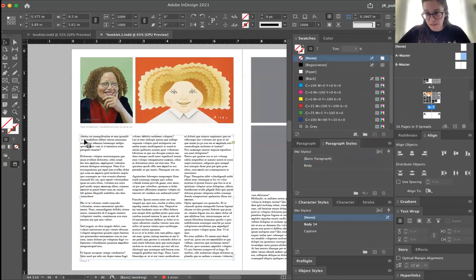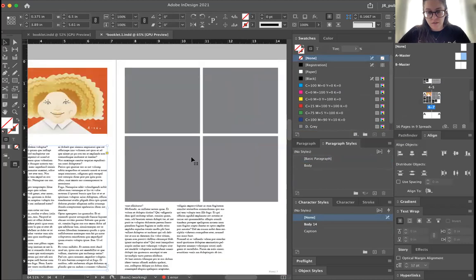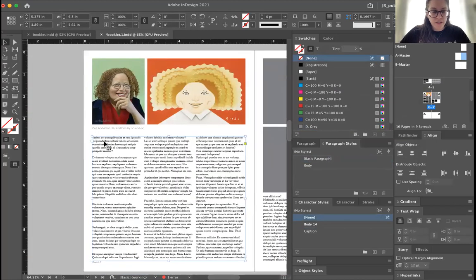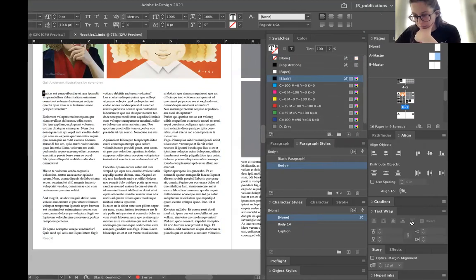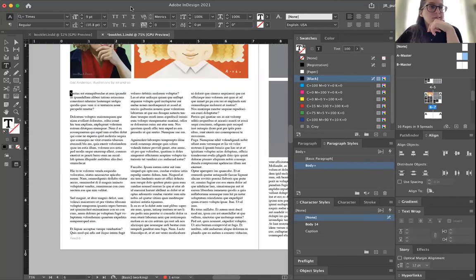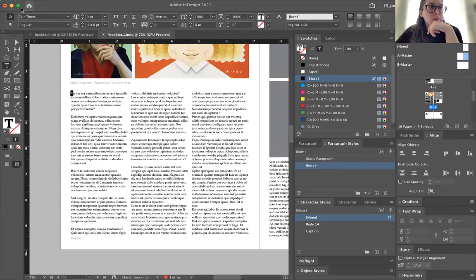So then you would go right to the beginning of the article, for example. All right, and let's say you wanted to add a drop cap, you could go in here, highlight that first letter, and you could turn this into a drop cap. My screen is not big enough, so it's going to be at the top of your page, but